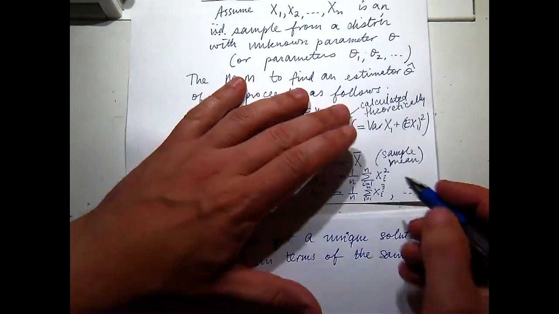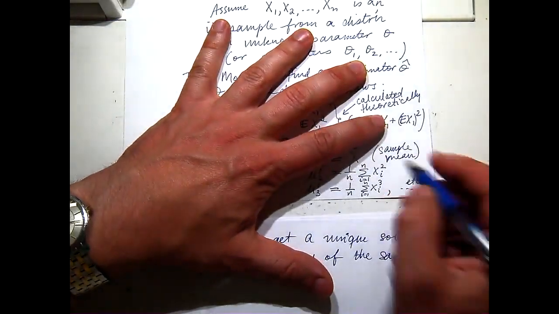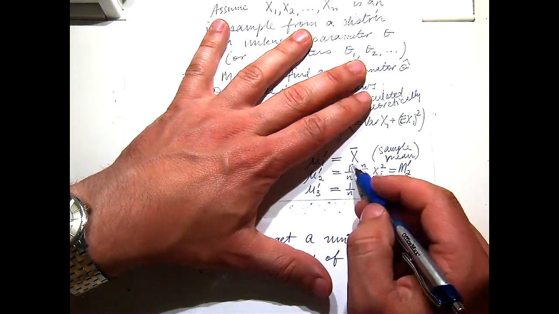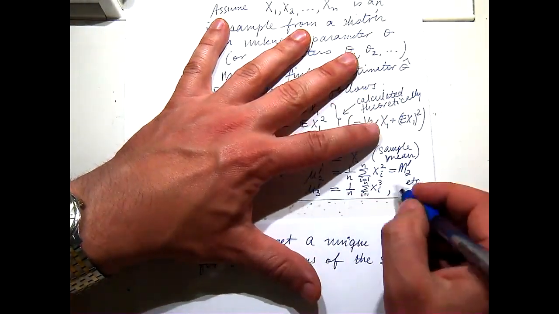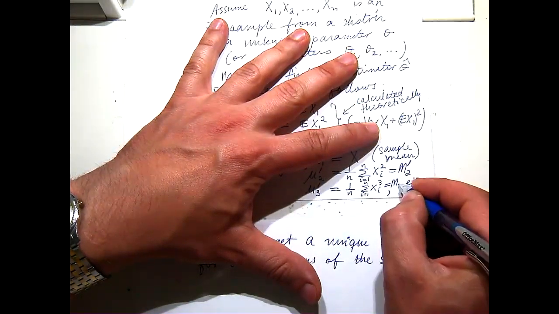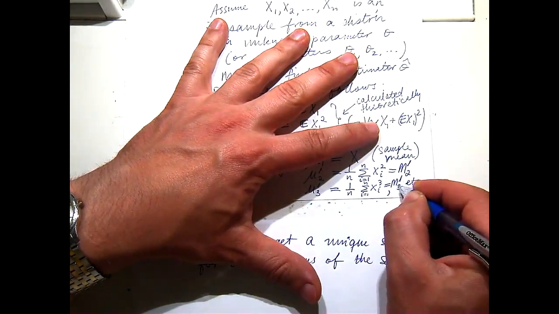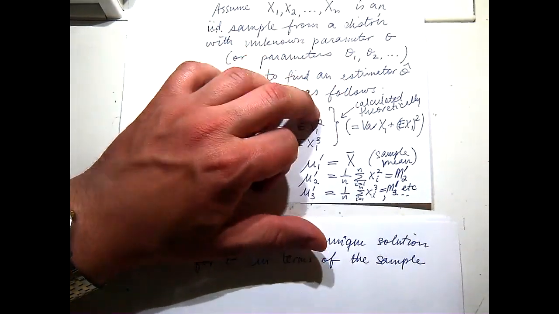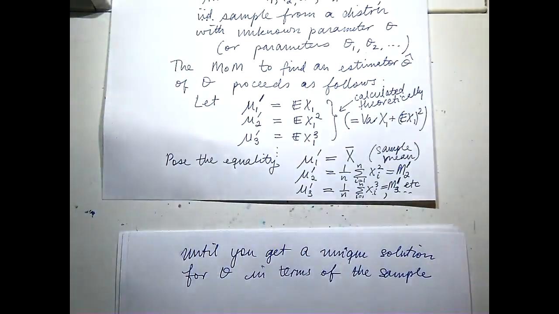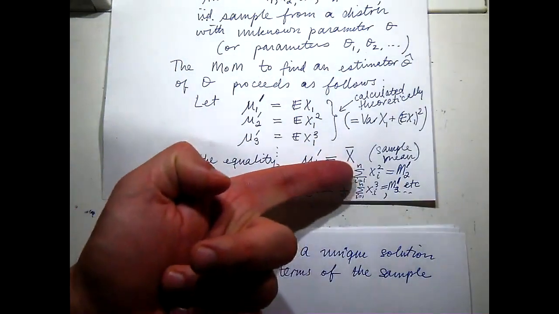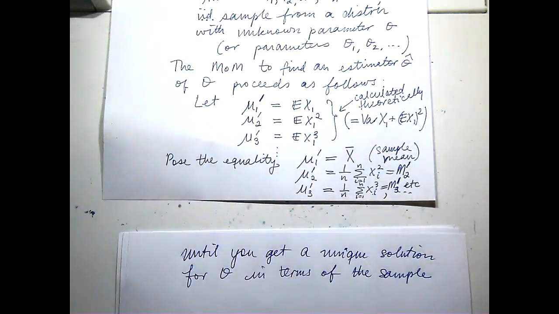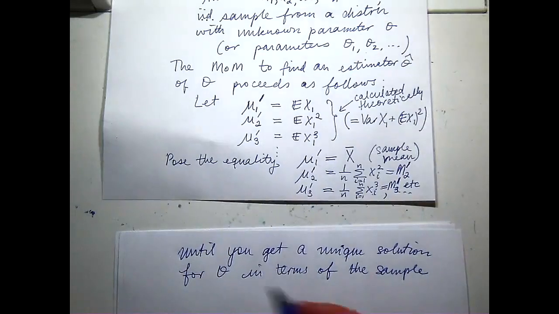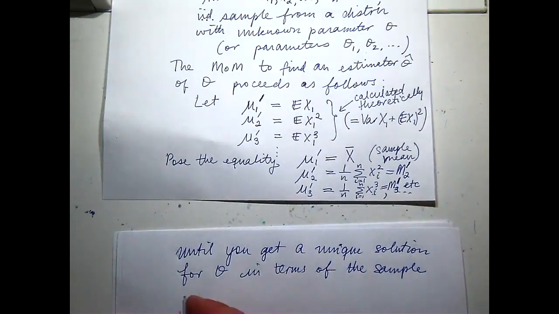Okay. Now let's give these names. I want to call this m2 prime because it would be very tedious to have to keep writing that out. You could call x bar m1 prime if you like. I'm just using m instead of mu to show that it is a sample moment, not a true moment. So a sample moment means just take the powers of the sample, add them all up, and divide by n. That's what a sample moment is. So none of those is the sample variance per se. You could get m2 prime in terms of the sample variance and x bar if you did a little bit of algebra. But that's just what they are. So until you get a unique solution for theta in terms of the sample, call this